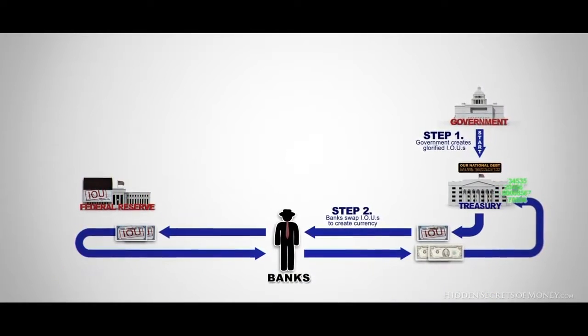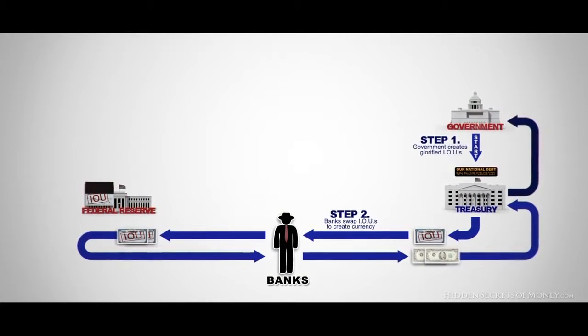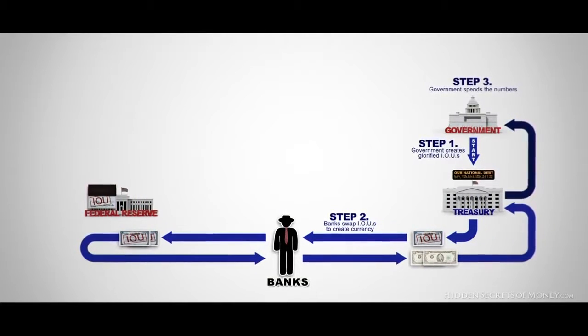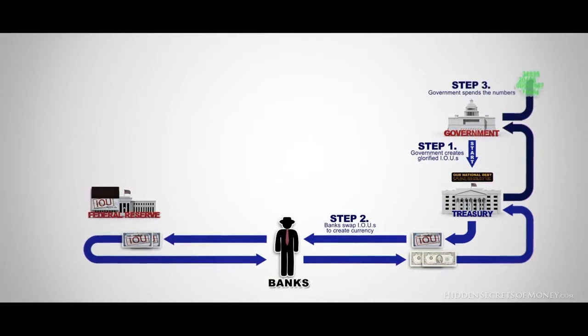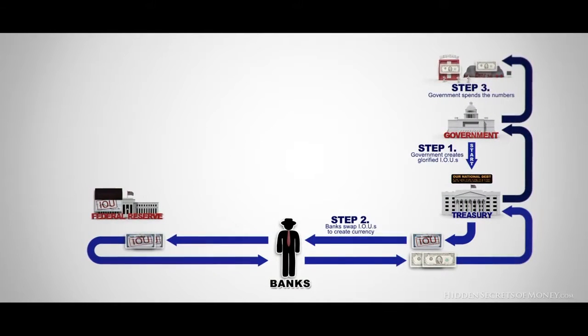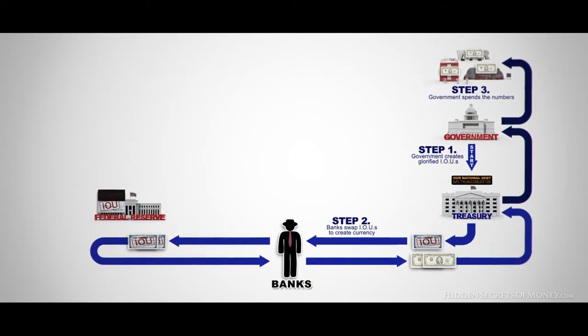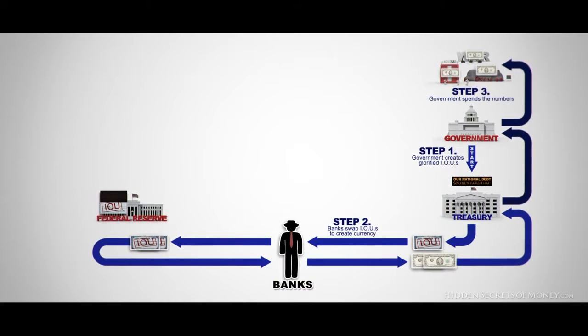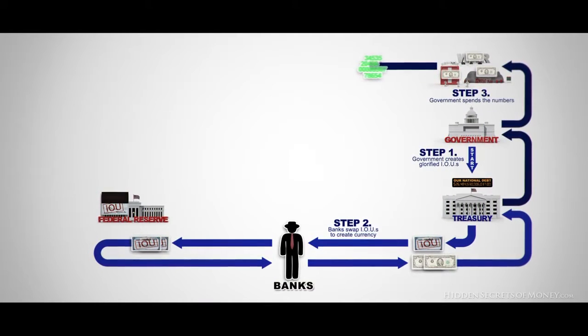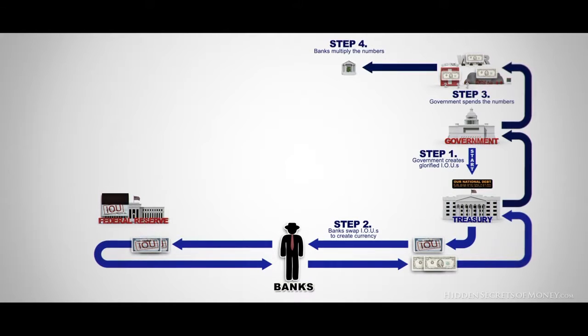The Treasury then deposits the numbers in the various branches of the government, and we get to step 3. The government spends the numbers on promises, public works, social programs, and war. Then the government employees, contractors, and soldiers deposit their pay into the banks, and we get to step 4, where